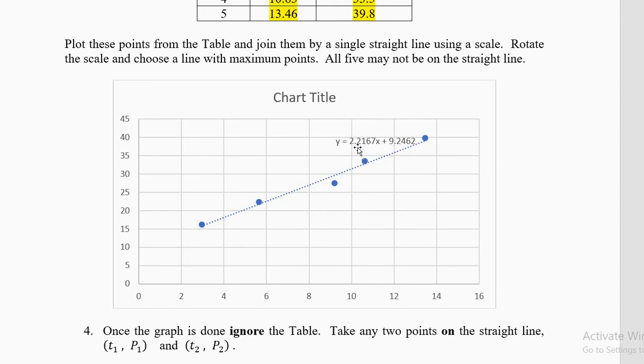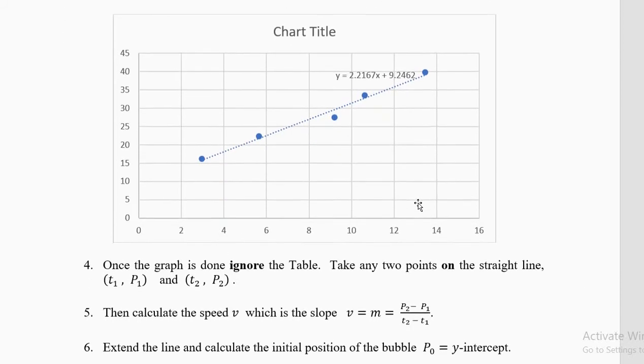Your slope will also be close to 2.2. Yes, it is not going to change much. Somebody might get 2.1 or 2.3, but you cannot get 5 or 6 slope. Even if you close your eyes, it will be totally wrong. Your slope will be approximately 2.2 and your y-intercept will be approximately 9.